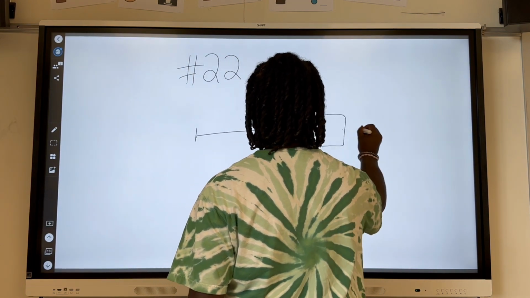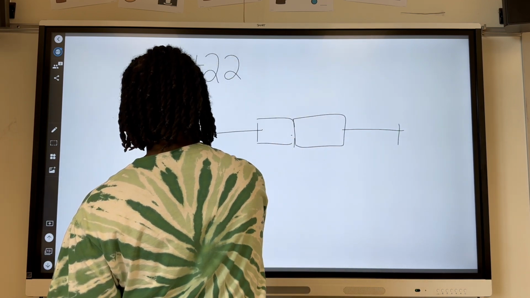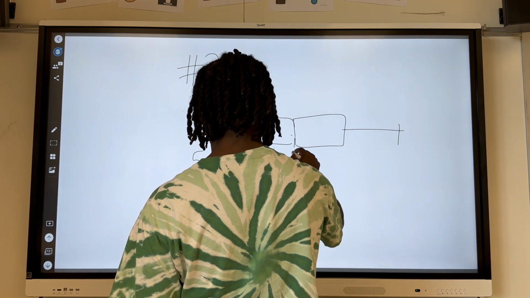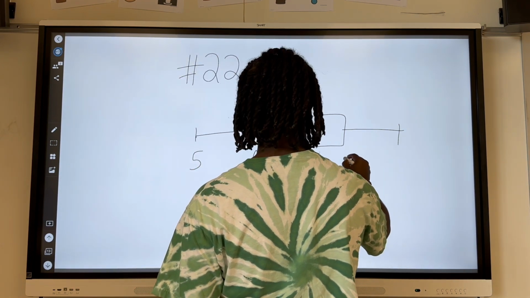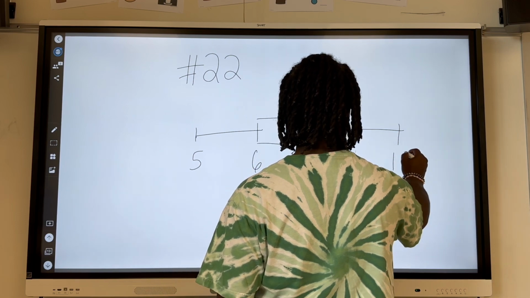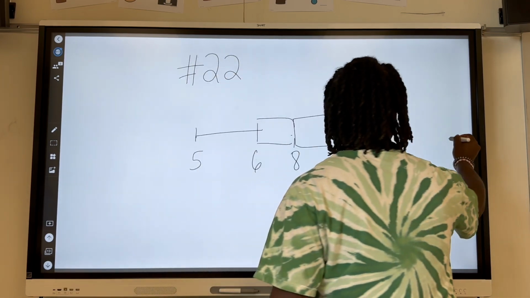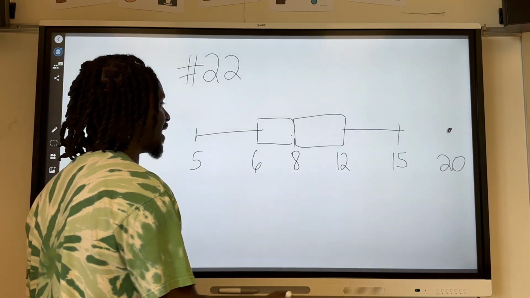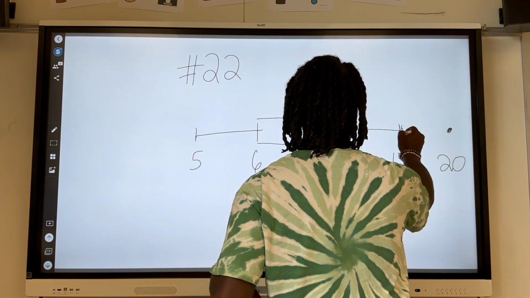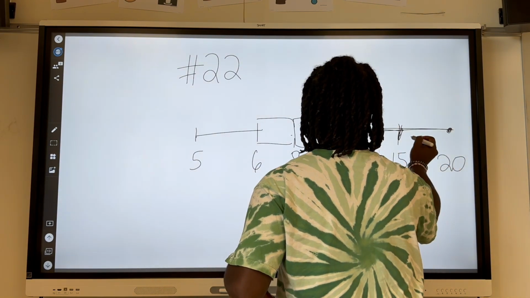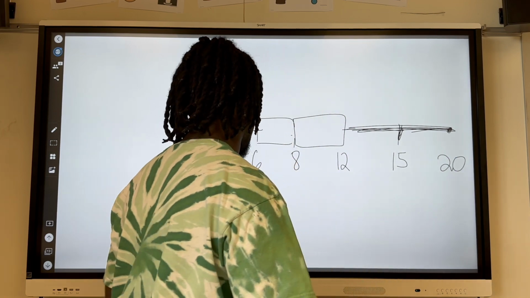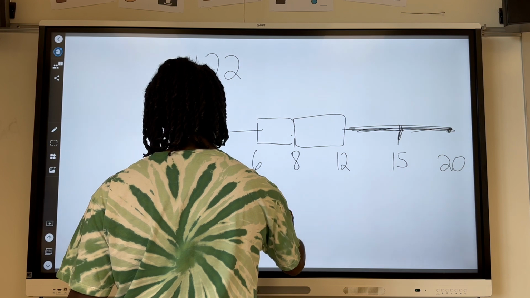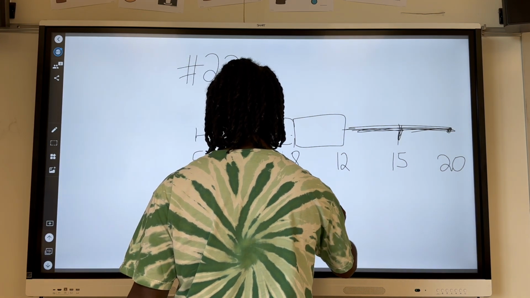Again, just going to roughly sketch this out. All right, the numbers, this part is at the lower is at 5. This is at 6. This is at 8. This is at 12, and then at 15. And so if the baker adds a number, okay, bakes 20 cookies, what's going to happen is this is no longer going to be our upper extreme. Now it's going to be all the way extended to that. So the answer is that the upper extreme will increase. Okay, the upper extreme